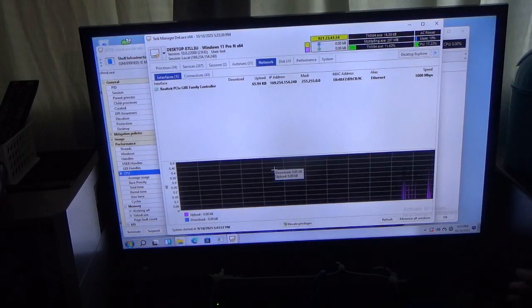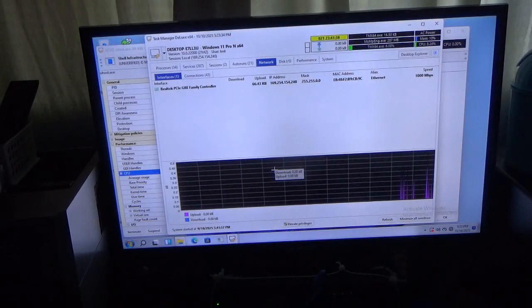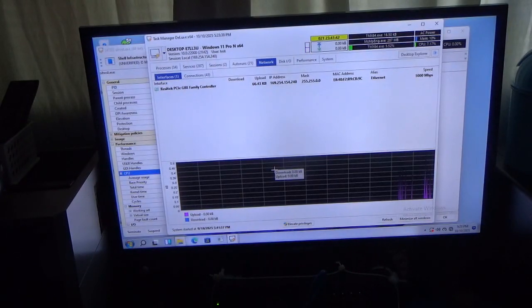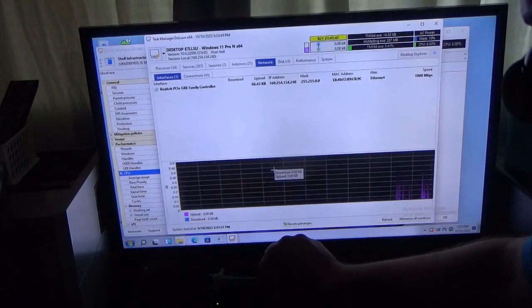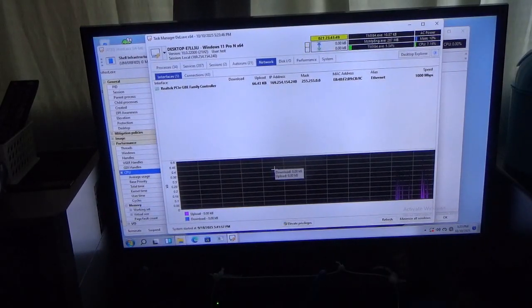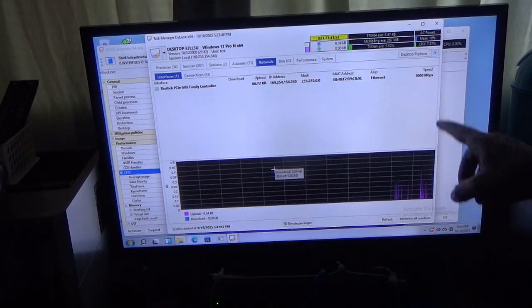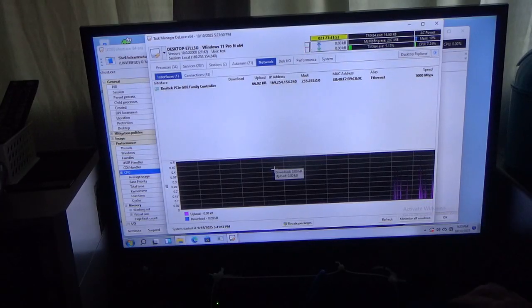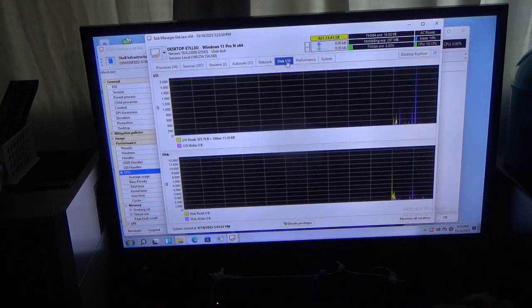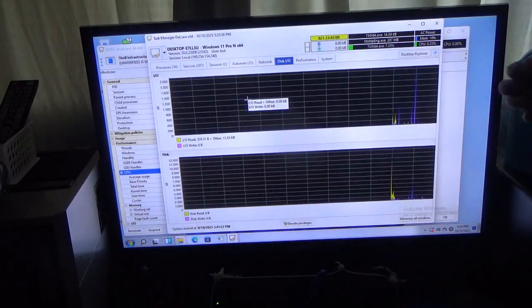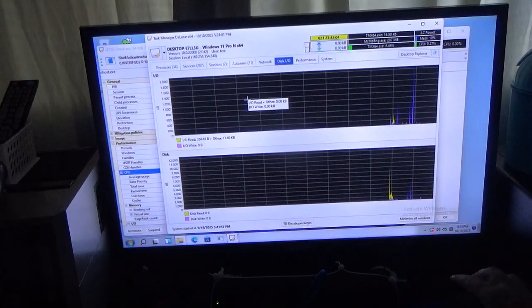I do not currently have the switch plugged into the network right now, so we're getting a little bit of upload speed from there because of the network interface card. So we'll do disk I/O, which is your hard drive or SSD, depending on what you have in your computer.